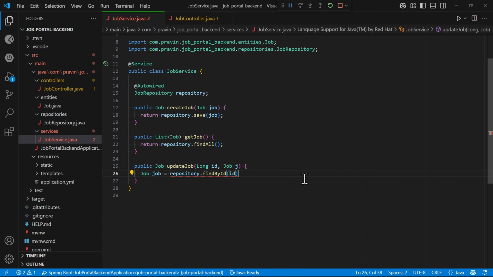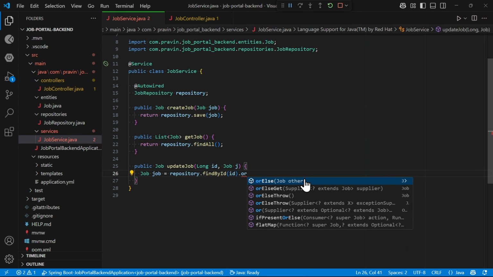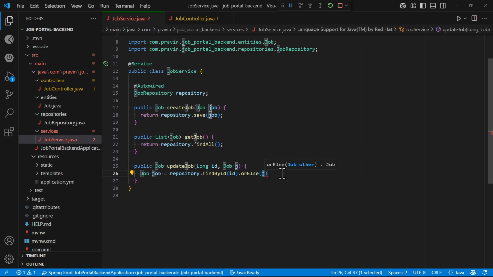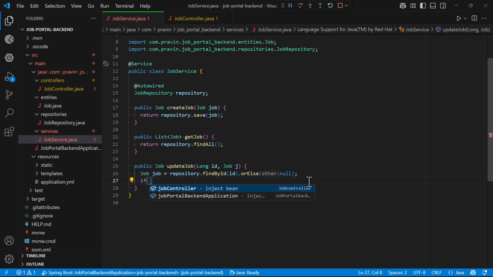Or else if we didn't find it, we will not simply print null, it will print job not found. How? Let me show. If job equal to equal to null, it will be null if no job exists of that ID. So then we'll print null, and then